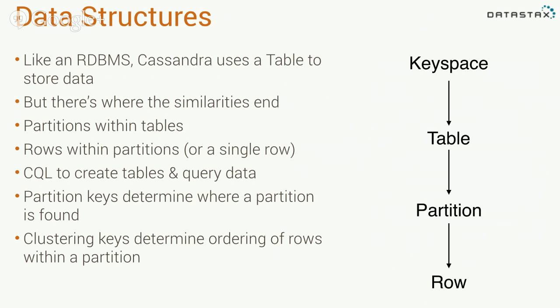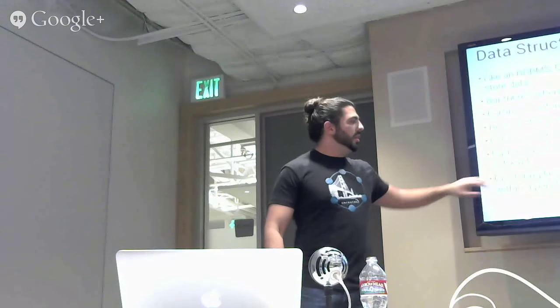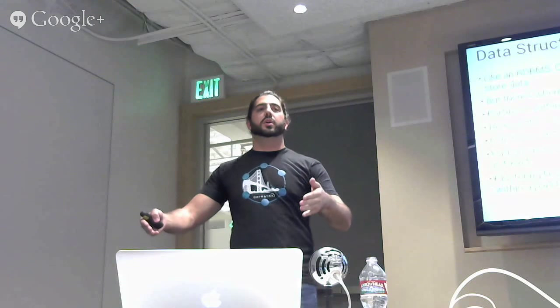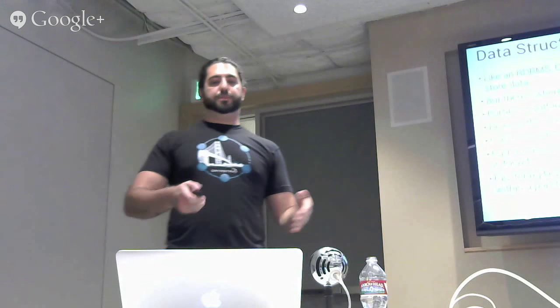The reason why this is cool is you can say, hey, I've got a bunch of rows, and they're all related. I want to store them together. I want to minimize the number of disk seeks. I don't want to have to go, well, I need these 10 rows back, and they're all stored all over the place. Like, I'm now doing 150 milliseconds just in seeks. It's impractical. You only want to do 1, worst case scenario. So that's where that's useful. And the other thing is that we have clustering keys, determining the ordering of those rows within the partition.